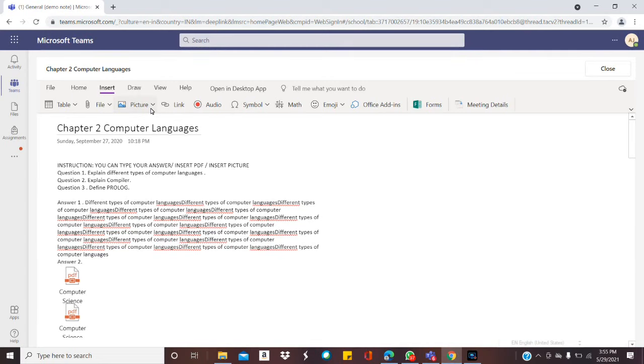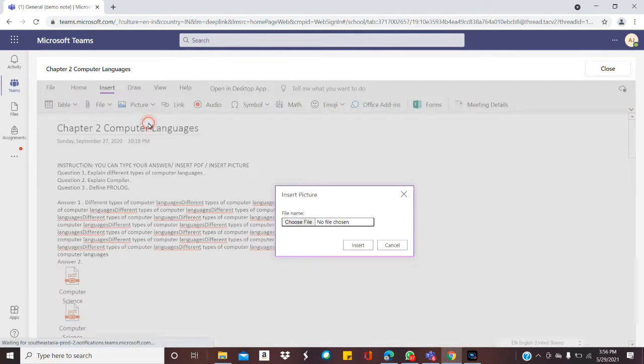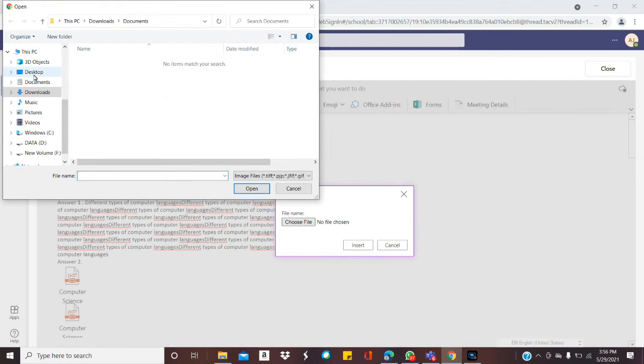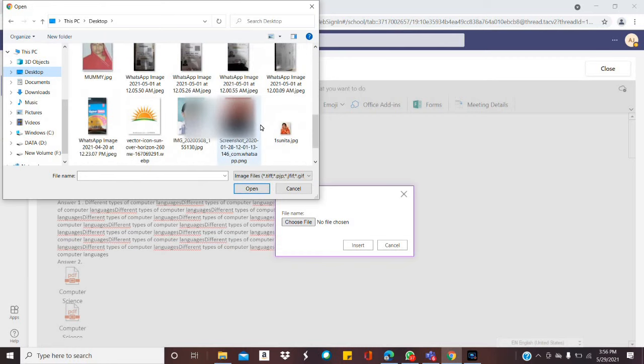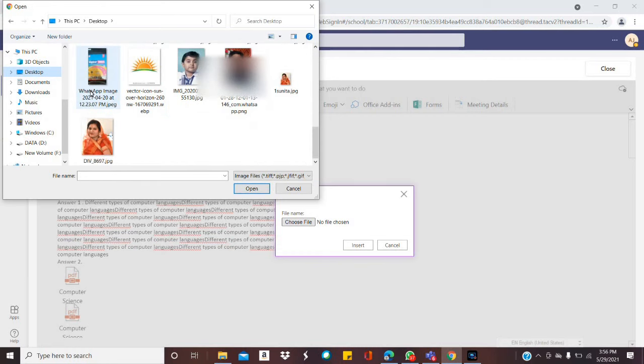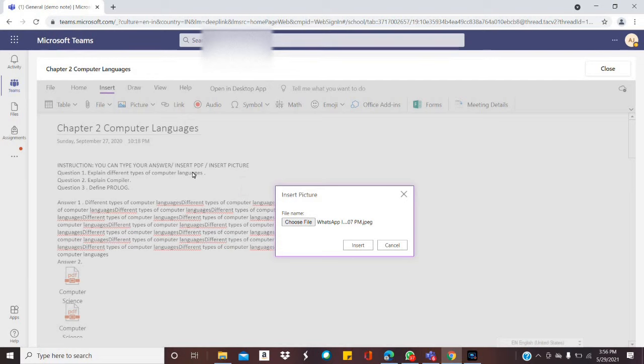Now next, picture. You can insert pictures also. Some options are there: from file, from camera, or online. So we just say from file. Just click on that, and now you can select any picture there. Any picture I selected here, and click open. Click insert there,